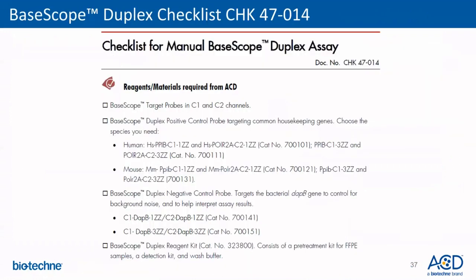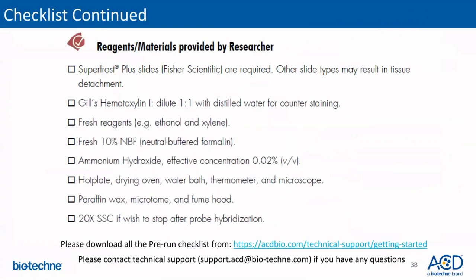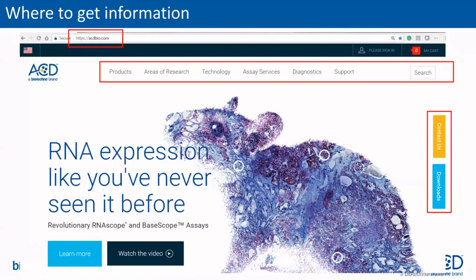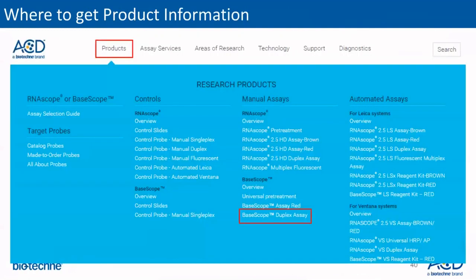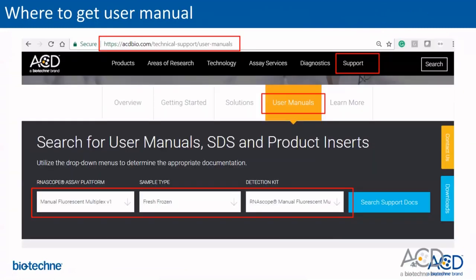This is a checklist for the BaseScope Duplex assay that shows the reagents and the materials that are provided by ACD. Also, the checklist contains the reagents and materials you will need from your side. You can get all of this information on the ACD website. To get the information for the BaseScope Duplex product, you can go to our products page and find all the related information about this assay and other products. To get the user manual, you can go to the user manual page on our support website, and you can use our interactive drop-down menu selection for finding the